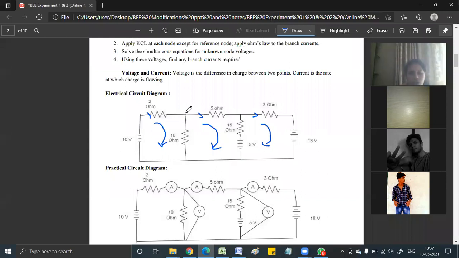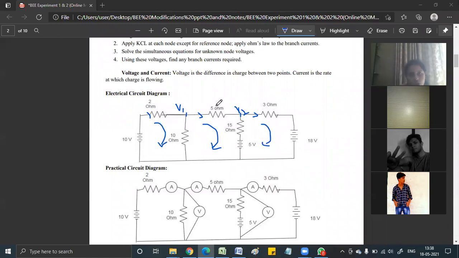So what is the voltage at this particular node? What is the voltage at this particular node, right? So if I call this node as V1 and this node as V2, what we did for the nodal part is we put 2 voltmeters, right? And we found out what is the voltage at node V1 and at node V2, right? Was this clear what we did? Yes, students? Was this clear?